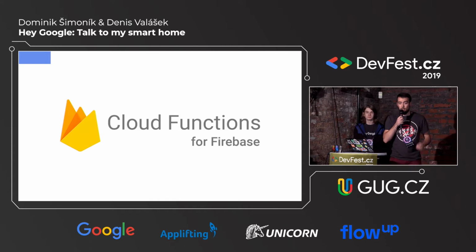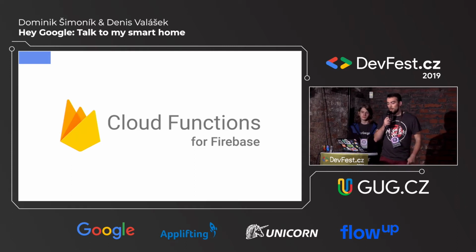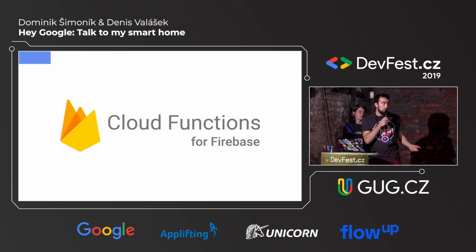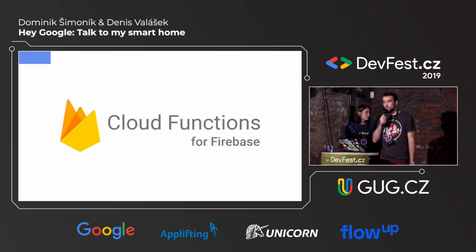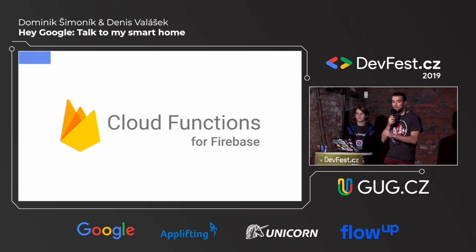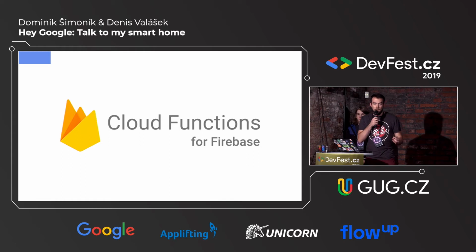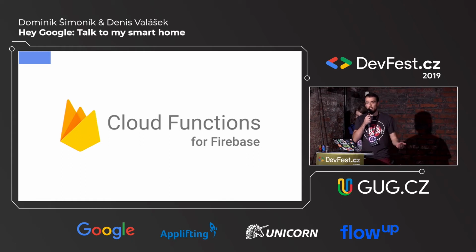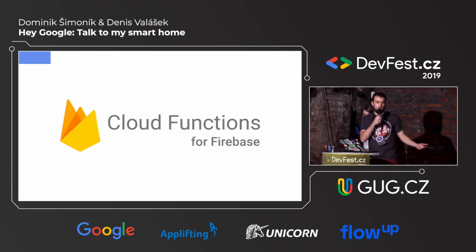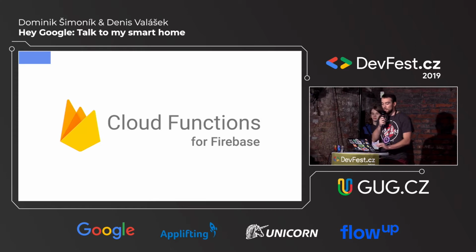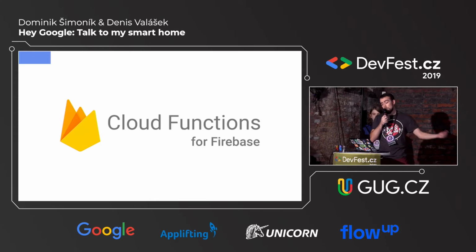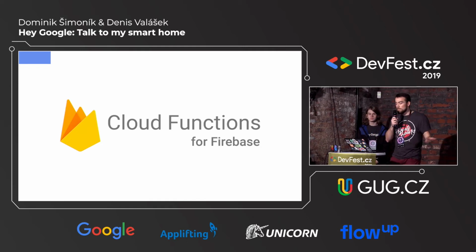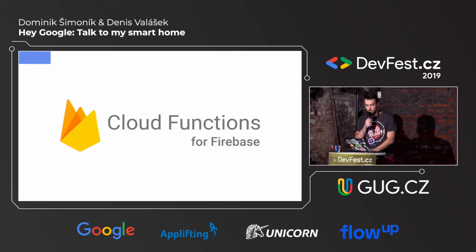Mostly we power Actions on Google with Cloud Functions for Firebase. Why? Because it's easy to use. As you probably heard, we're using a webhook for Actions on Google, and generating a webhook from Firebase is really easy. It's a serverless environment from Google. In Firebase it's wrapped like Google Cloud Functions, but it's almost the same as in Google Cloud.